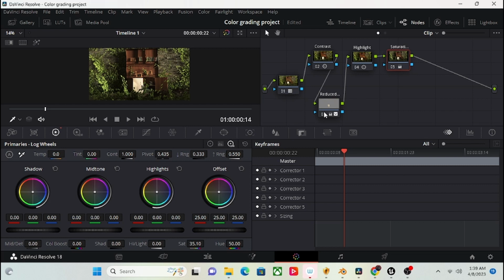So I got this, which reduced the door a little bit. I got right here, which contrasted. And then I got right here, which added a slight blend on the highlight. And then I got right here, which desaturated. So